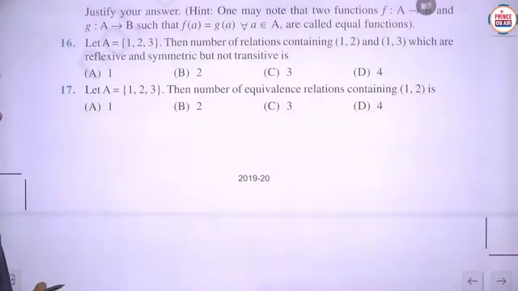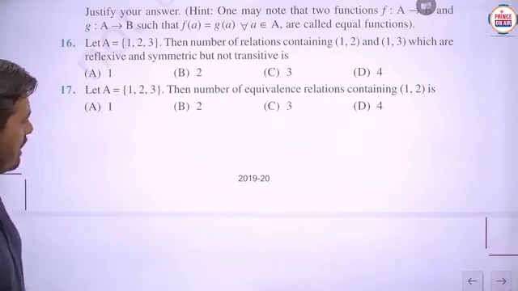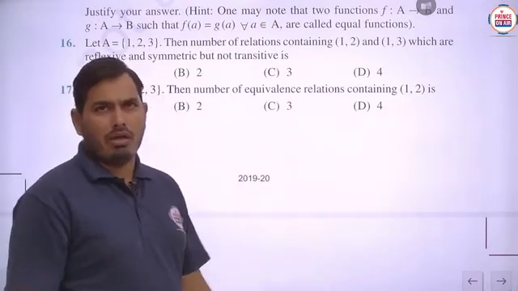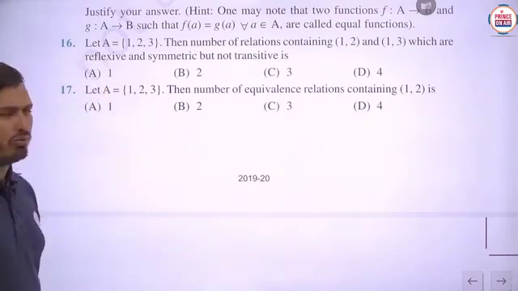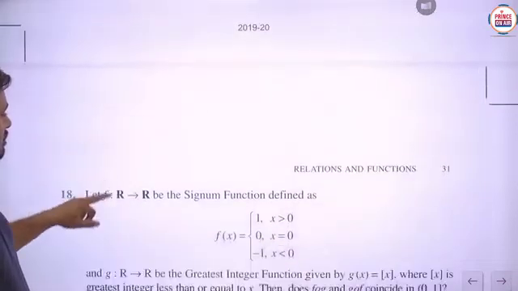Which option gets to be correct, you can check here. So in this question number 17, option number B is the correct answer, where the total number of equivalence relations that we have to tell contains the elements 1 comma 2. Is that clear? So next question, students, we are taking as question number 18.